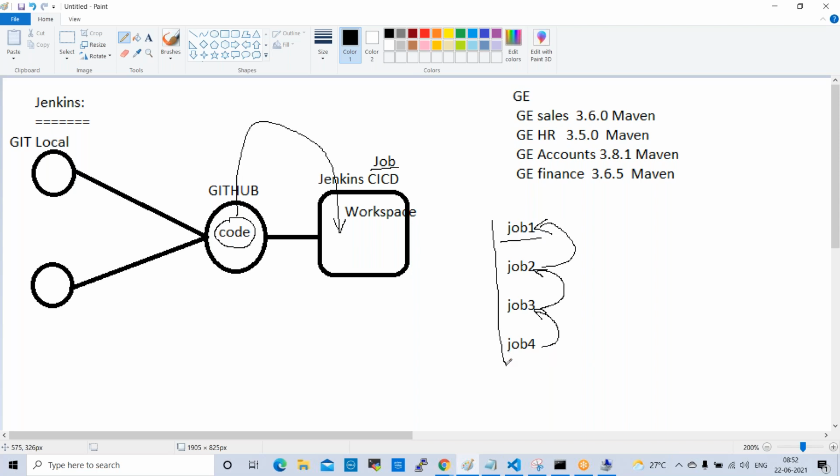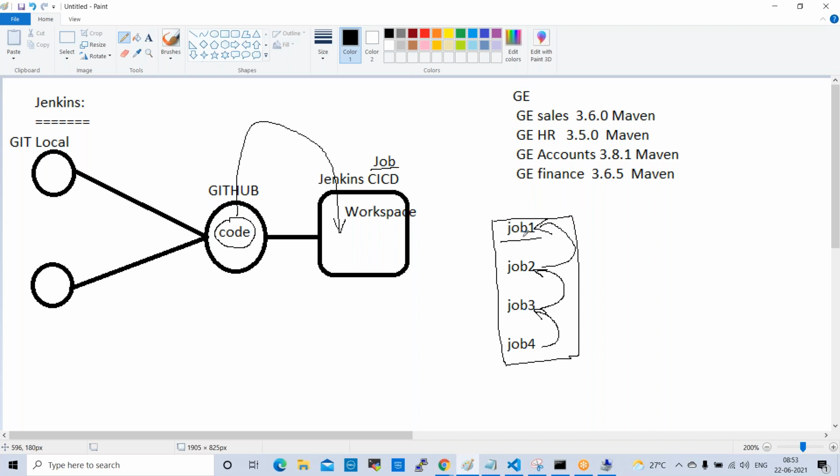So why do we require these pipeline jobs, where do we use this? For example, in sprints, the code will be developed piece-wise, right? Sprint 1 has some code, so we can configure the sprint 1 code as job 1.